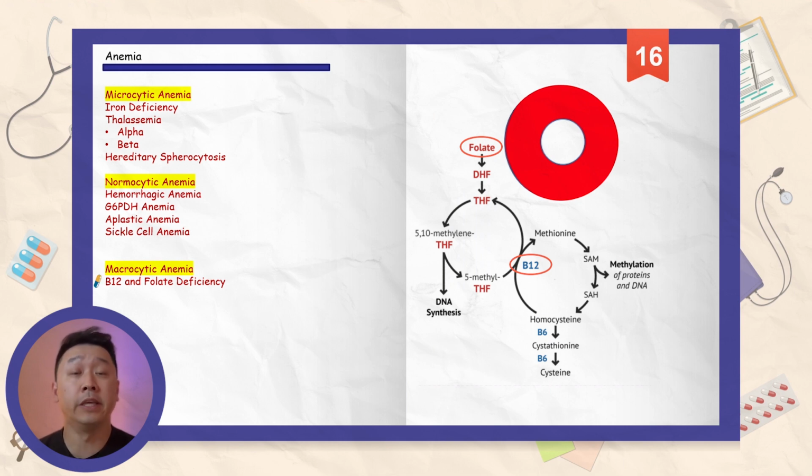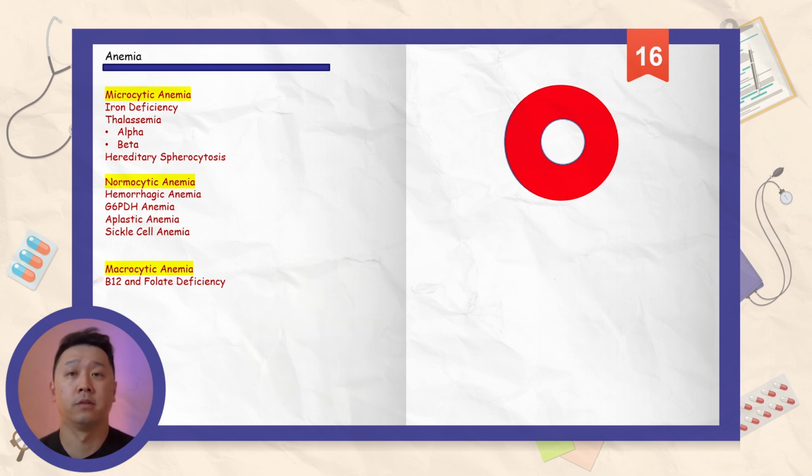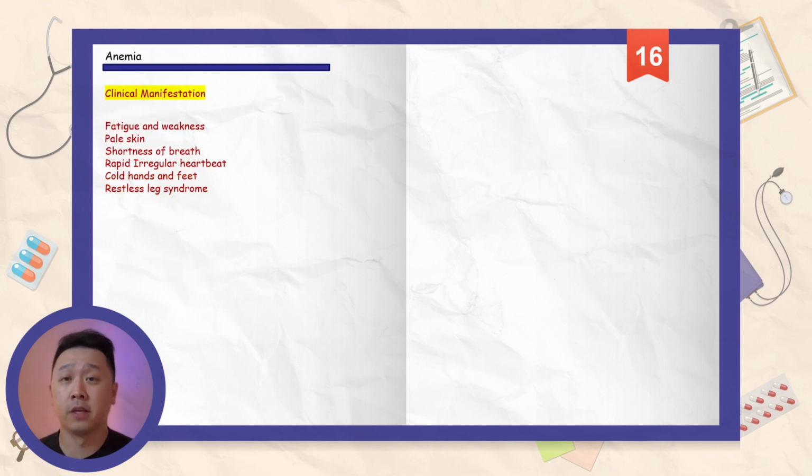As a result, the immature red blood cell will remain as a megaloblast. Megaloblasts are the precursors of red blood cells and usually are larger in nature. Megaloblasts also have a defining characteristic such as the giant nucleus in comparison to the cytoplasm. So, due to the insufficiency in folate and B12, the cells cannot divide and the nucleus will continue to grow in size. Next, we will go over the clinical manifestation of anemia, which includes fatigue and weakness, pale skin, shortness